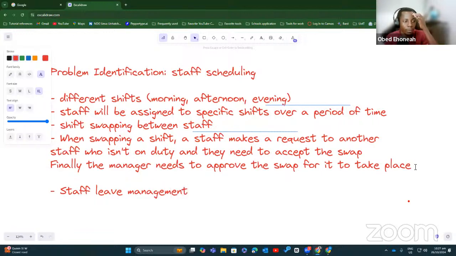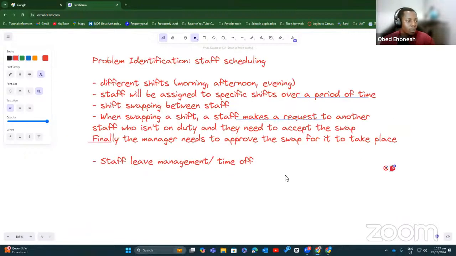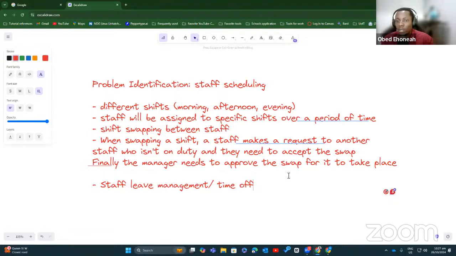Okay. What else? A staff member goes on time off for a specific day. So we have leave and time off. Okay, so that should also be considered. What else should be considered if we are building a shift system?